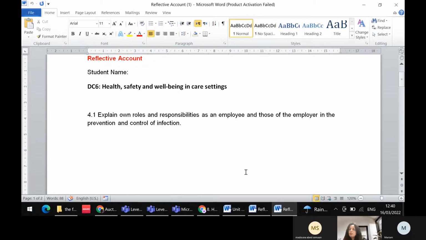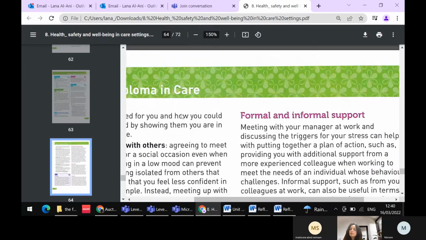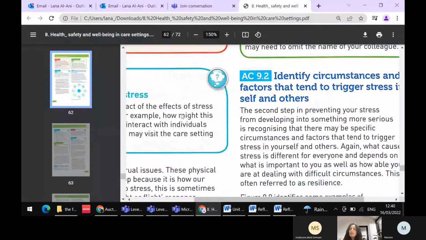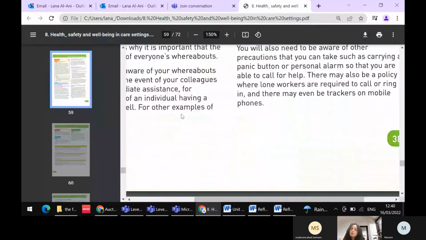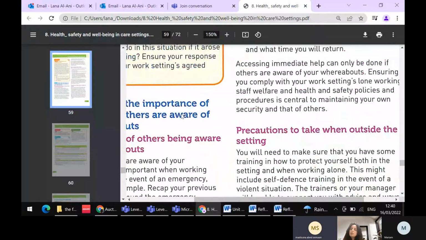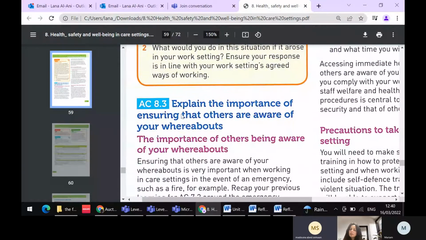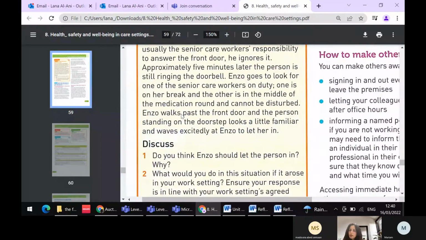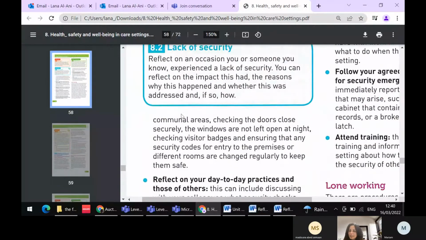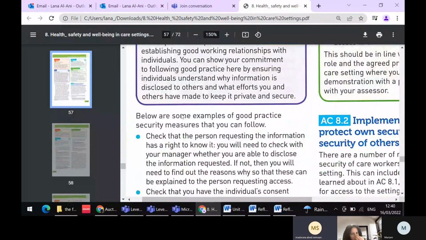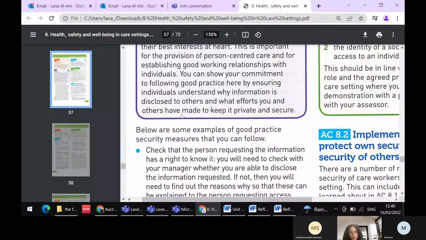Do you have any responsibilities to prevent infection? Can you think of one? We talked about infection just now. How can we prevent infection? What's your responsibility as someone who works clean? Sorry, I was talking. I didn't hear you. Could you please repeat it? We have to be always clean. Excellent. That's a very, very good point.